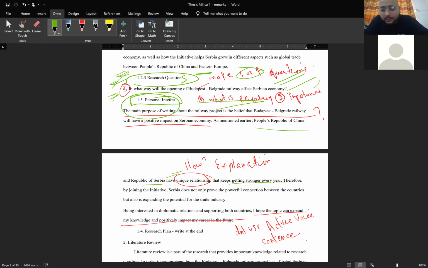Personal interest heading means which kind of factors motivate you to do this research. Maybe I can just say that it can contribute to my future business idea. You can say that, but you have to write it in a way that it looks like your personal interest, not